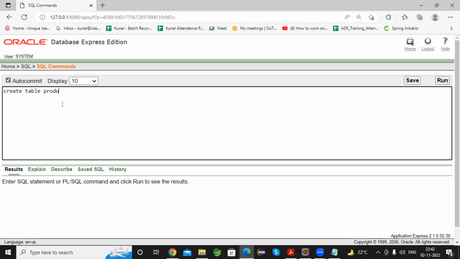My table name is the product app, and I have 3 columns in this table. So first one is the product ID, number data type, length I'm taking 4, and I have a product name, varchar, and length will be 20. Which is a float, and the length is basically 10. Perfect. Now let me click on the run button